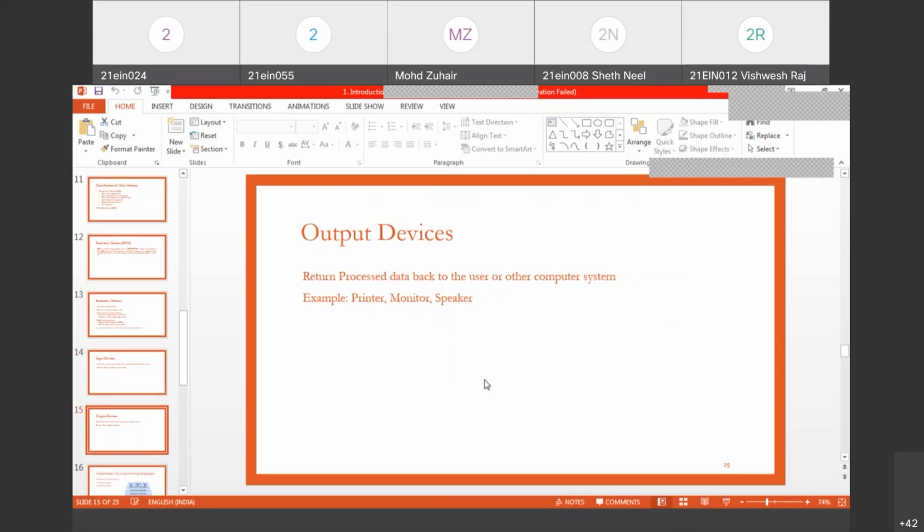Output devices, basically the screen that we are looking at. So one of the output devices is this. Then we have the printer, the monitor that I have told you about, like we are looking at the monitor for this PPT. Then speaker, and then input-output devices. I feel there's not much doubt in most of the batches. So up till now, the components of the architecture of the computer are clear to you.